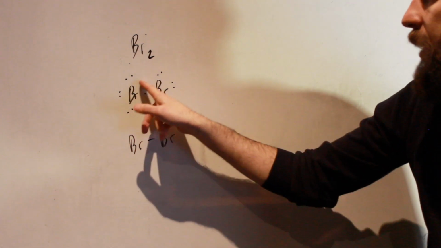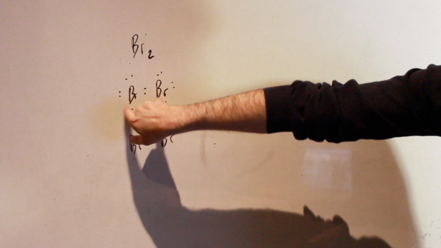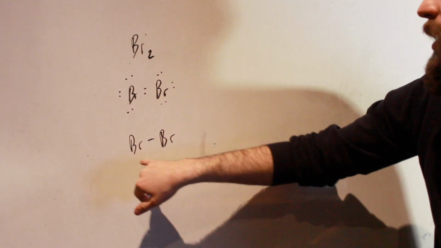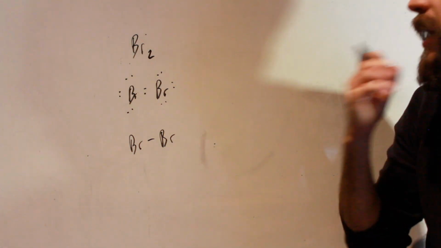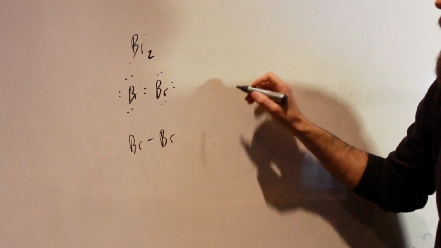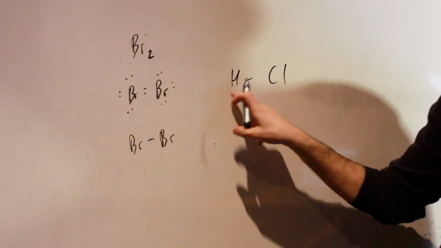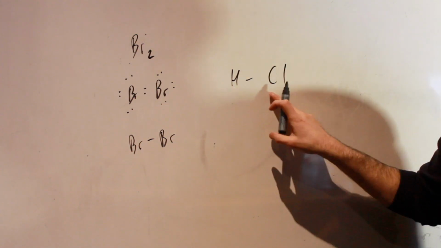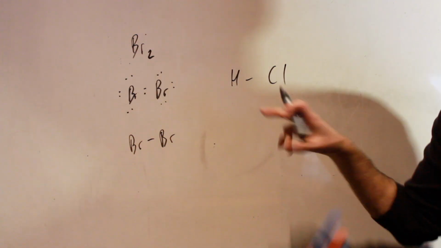So this electron pair, because these two are the exact same atom, is perfectly distributed between these two atoms. So there's no slight charge. They're equal in electronegativity. Whereas when they aren't the same atom, as was the case with hydrofluoric acid, let's think of something like, let's use hydrochloric acid this time. These two atoms are not chemically identical. This one is more electronegative, so it's going to hold the electron pair slightly more tightly,